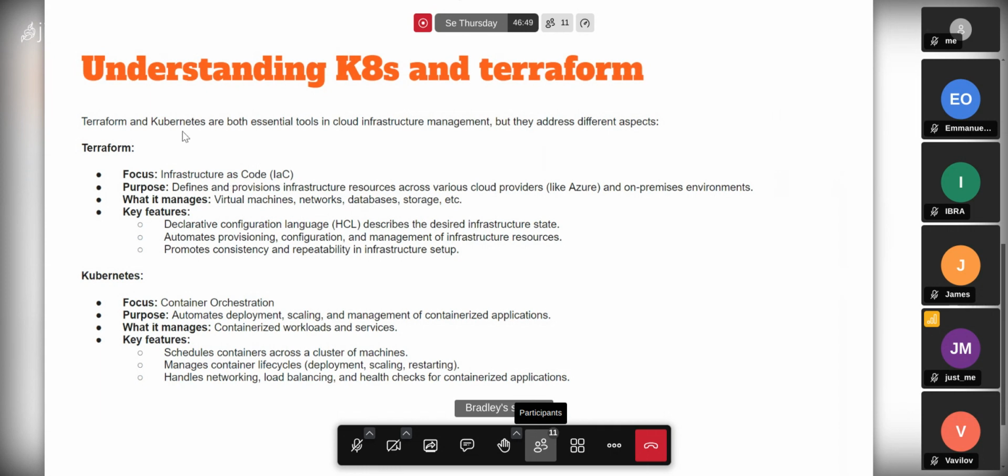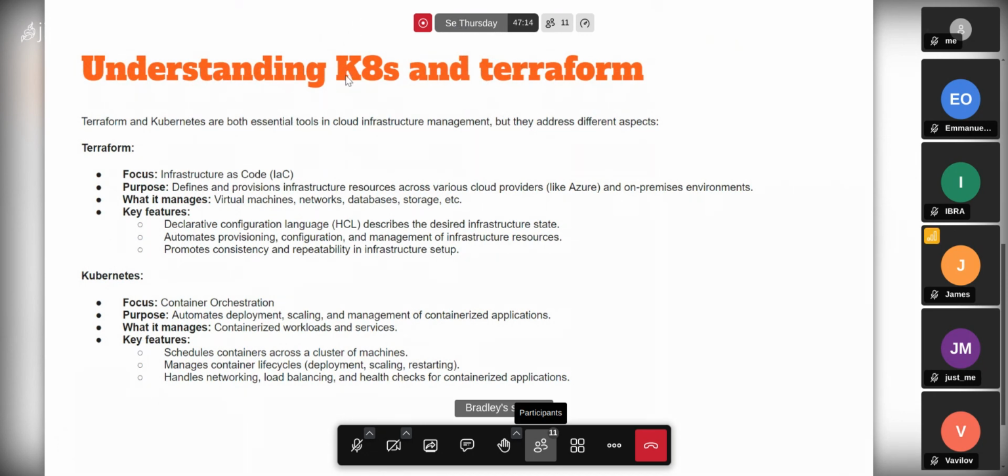Now, Kubernetes is on top of Docker. It is orchestrating or managing the containers, because you have multiple microservices in different Docker containers. You need a tool to manage those containers, and Kubernetes plays a good role in managing them.